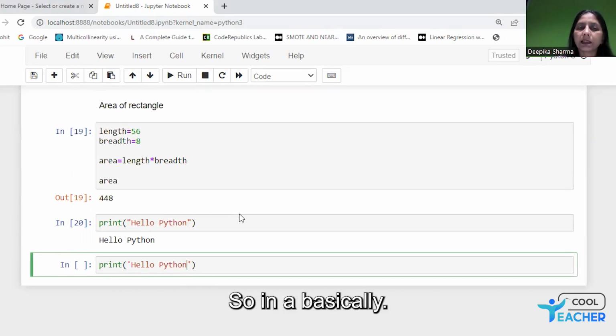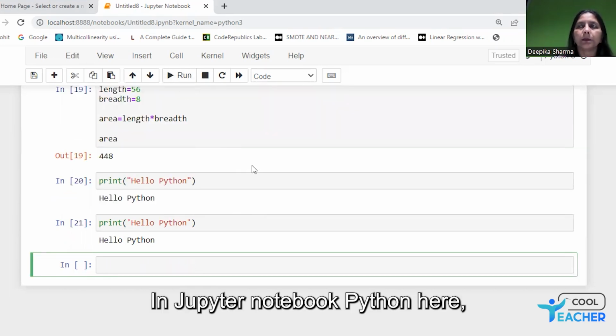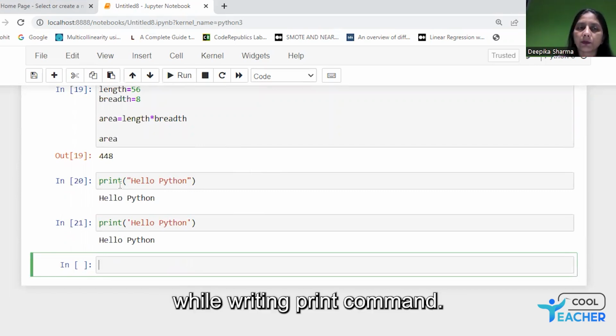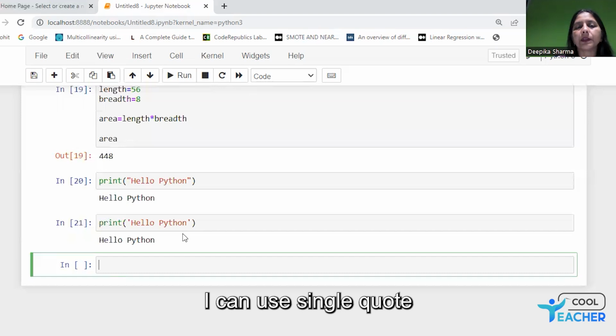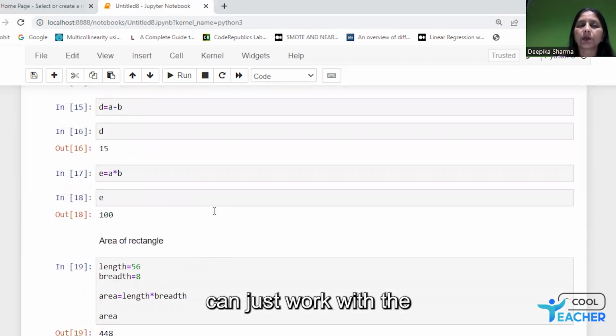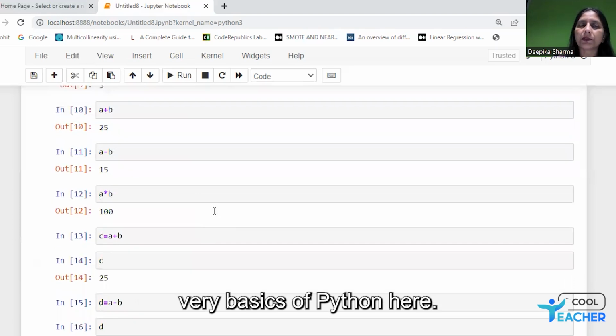So basically in Jupyter Notebook Python, I can use double quotes while writing the print command. I can use single quotes also while writing Python commands here. Both are applicable. Okay, so in this way, I can work with the very basics of